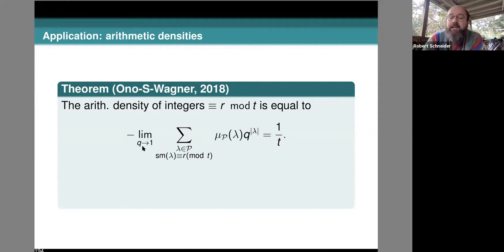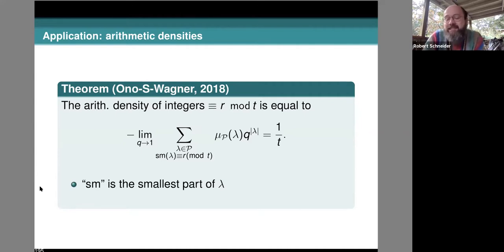And if you let q approach 1, noticing that this should be diverging, you would think in your gut that it would be diverging, possibly. I don't know what you think, but that's what I think. It turns out that everything cancels out perfectly and you get the arithmetic density of the set, 1 over t. So this is a legit way to calculate 1 over t. You're like, well, I could just take 1 and divide it by t. Well, sure, but you could do it more complicatedly this way. That's why we do number theory, okay? I'm just joking, of course.